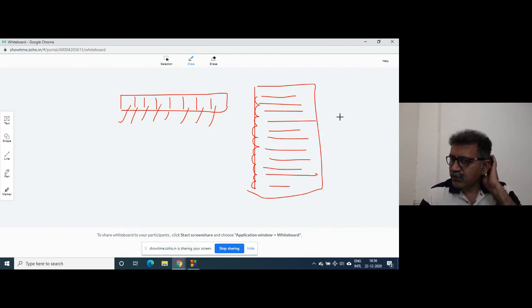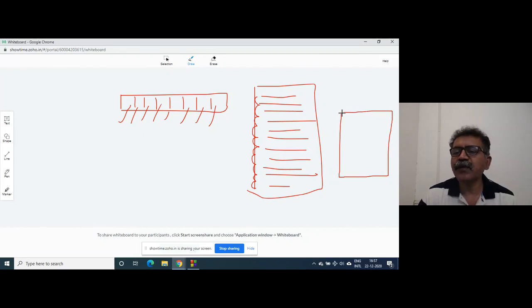Suppose there is a voter register, when you go for voting, and there is some kind of ID, and these IDs are serial.